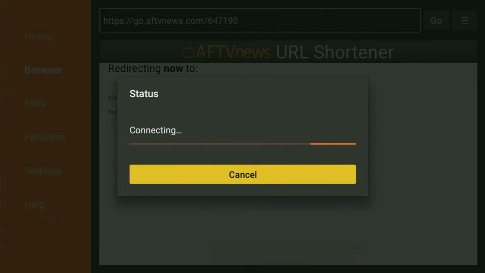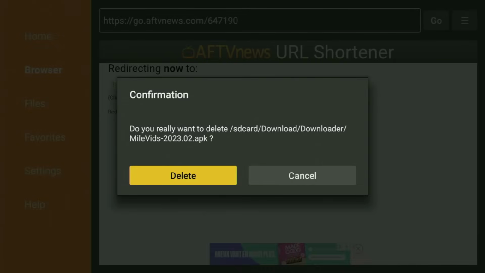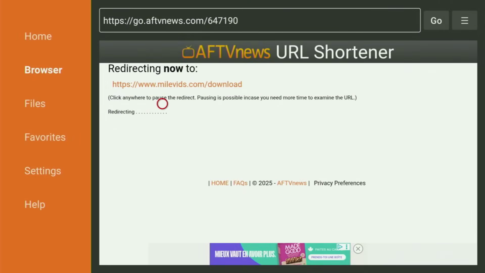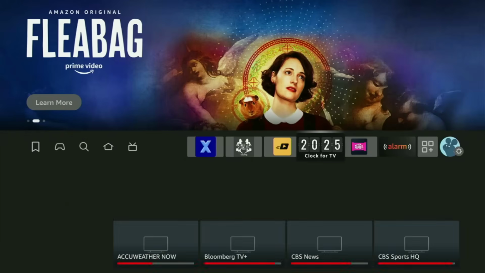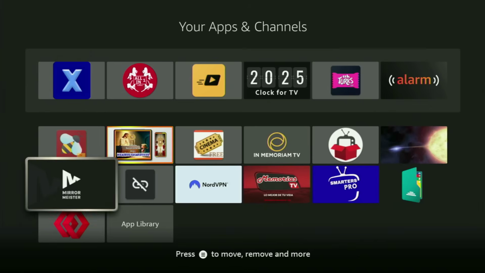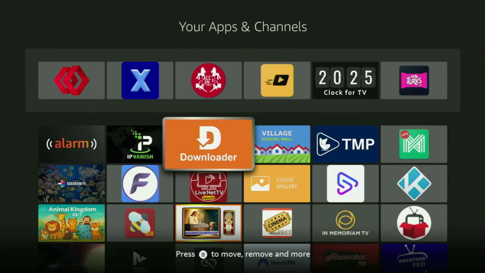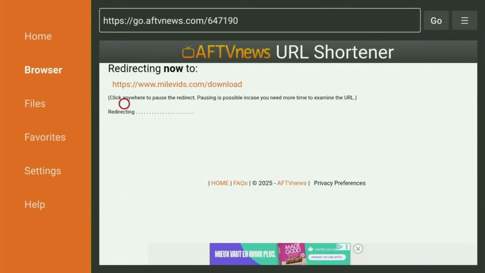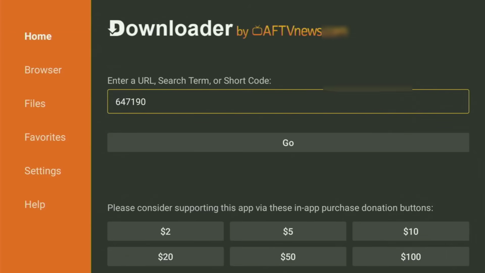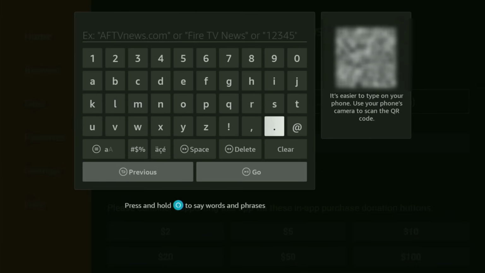And we have started downloading the third now. Here you go, let's also install it to your FireStick. And then as always, click done and delete unnecessary files from your device. Then we'll take a look at the list of applications. Let me check it. And here you go, there's the third app already. So 3 apps and more to go. So we return to the downloader, click home, erase that previous code, and now the next code is gonna be